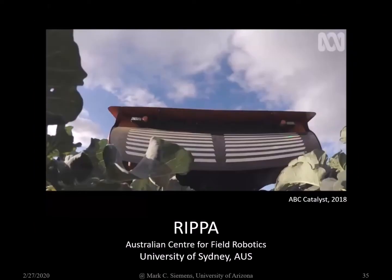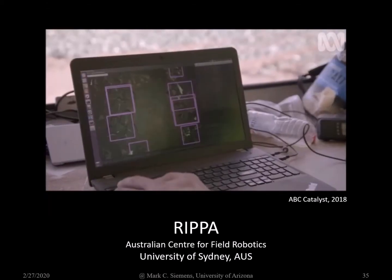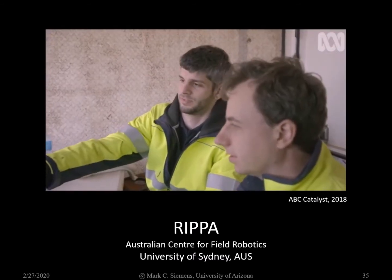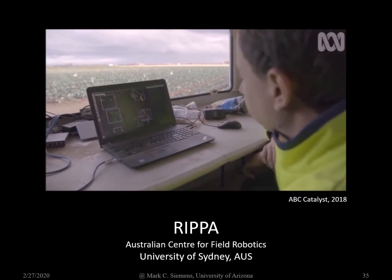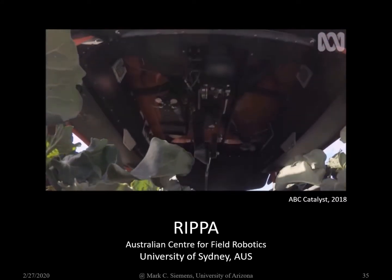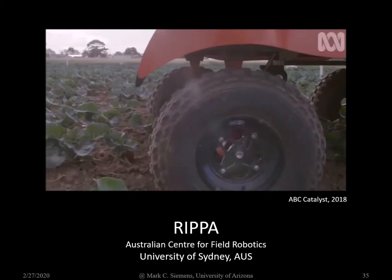This is some research work being done out of the University of Sydney. We tried out these new machine learning algorithms which allowed us to speed up the whole learning process. So we want to be able to go through and have Ripper traverse over a number of different rows, identify the plant, and now Ripper knows that plant. It can now target and spray that individual plant. Spraying brilliantly now. And what that would do is dramatically reduce the amount of chemicals, and that would be a